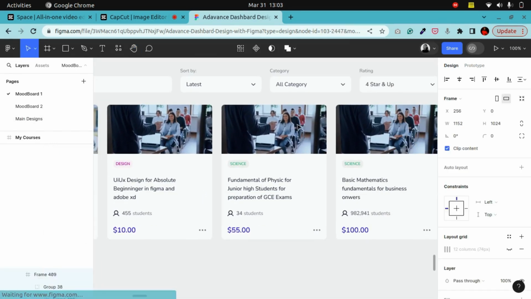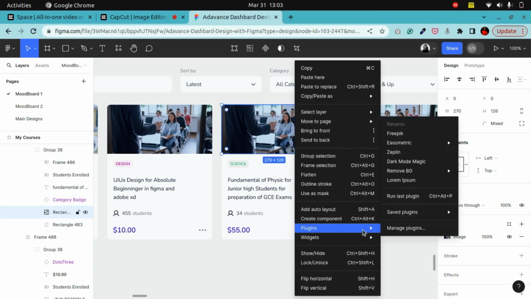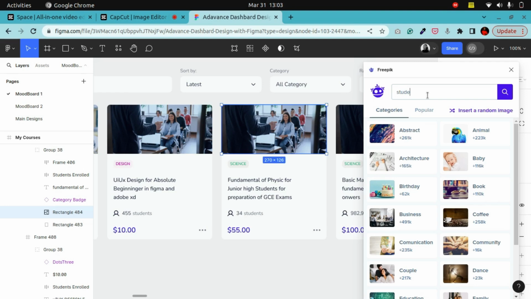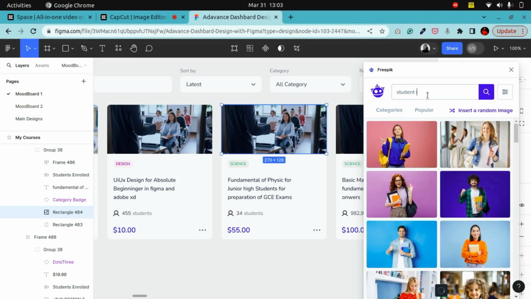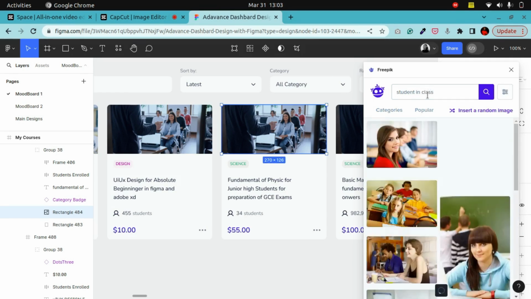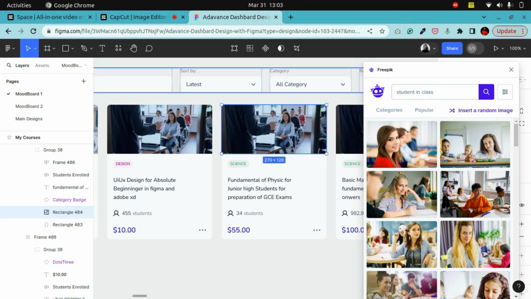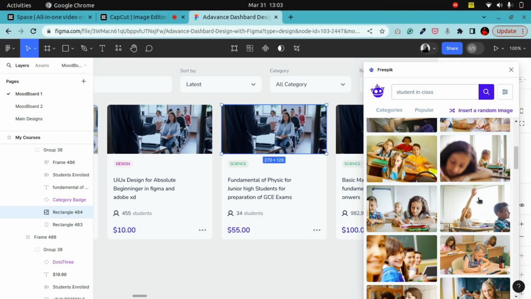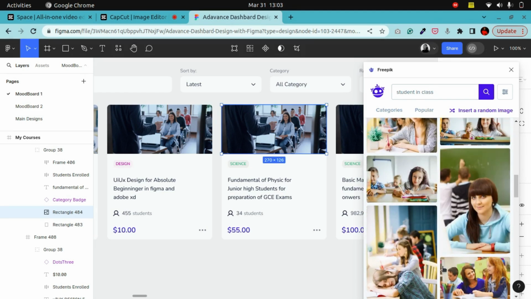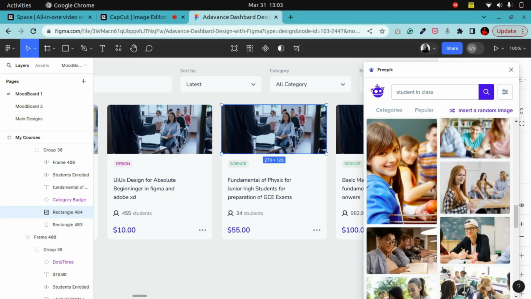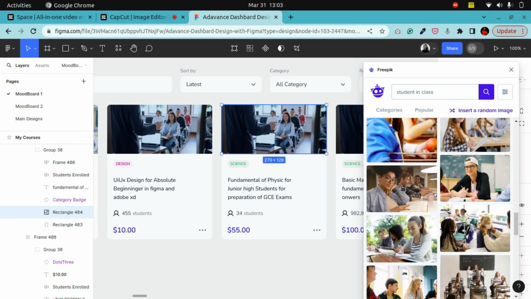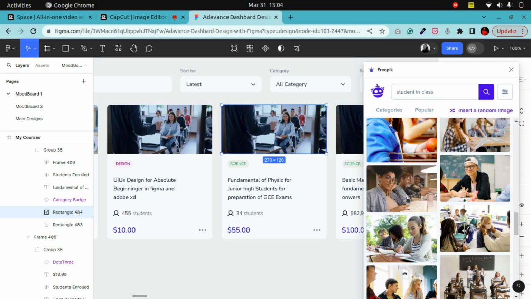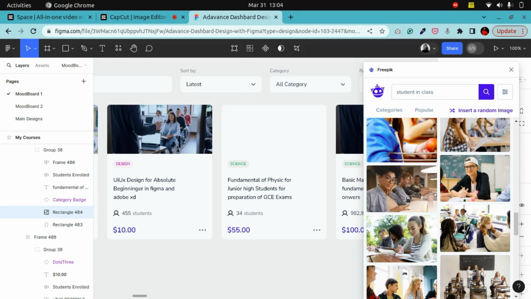So let me change this image. I'm going to click on Freepik, and also put in my student in class learning. Okay, so let me change this image to another one. I'm looking for adults, or rather students that are a little bit grown. This application is not for kids, it's mostly for